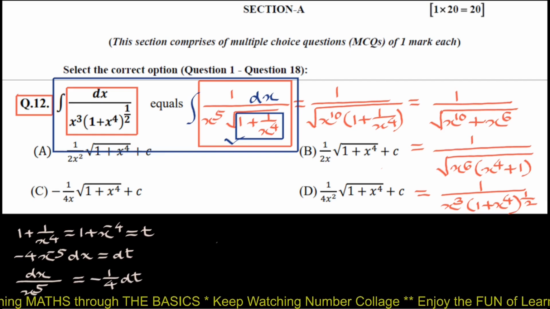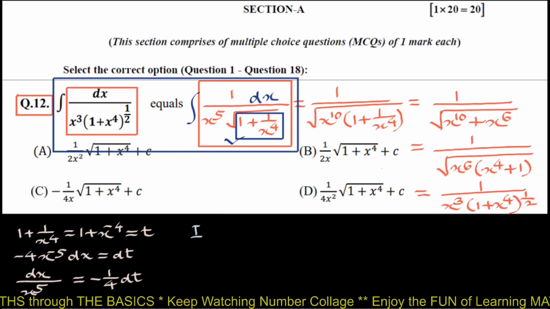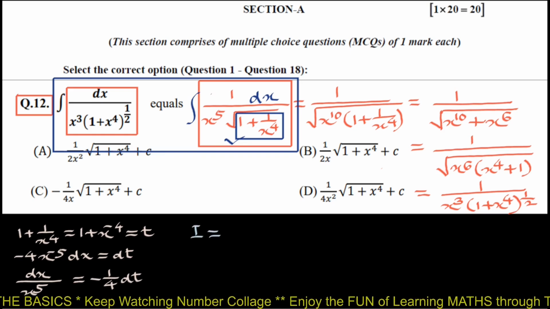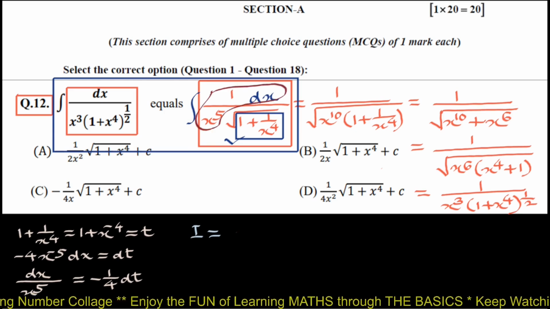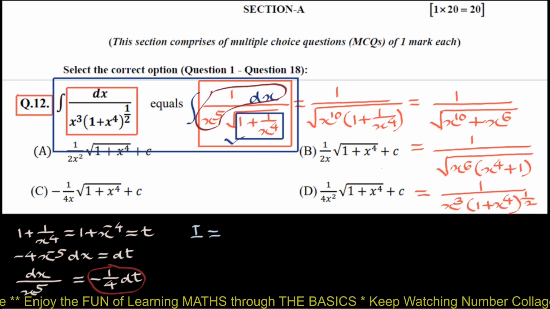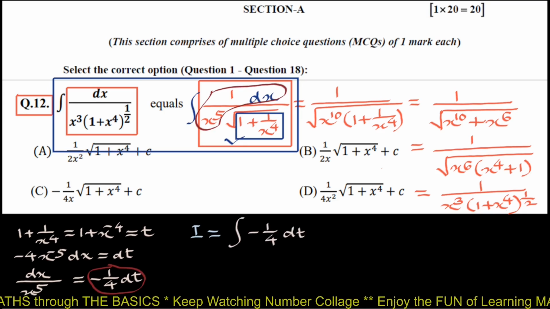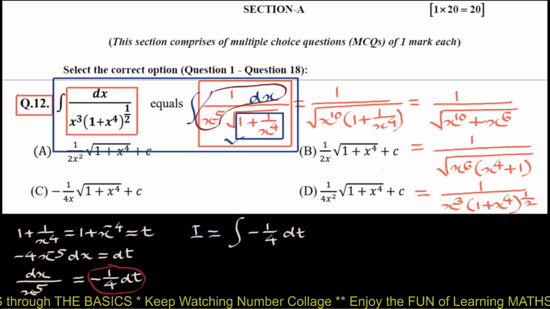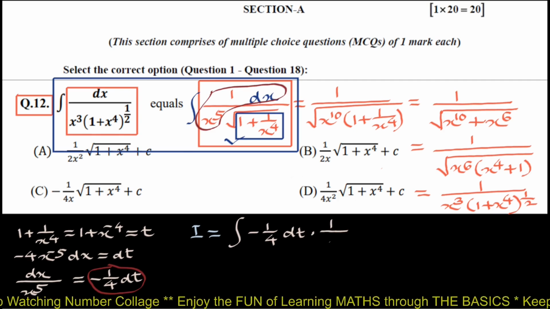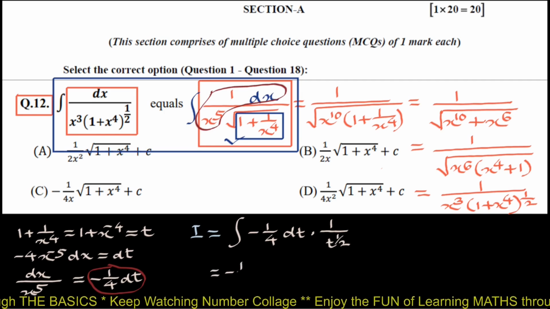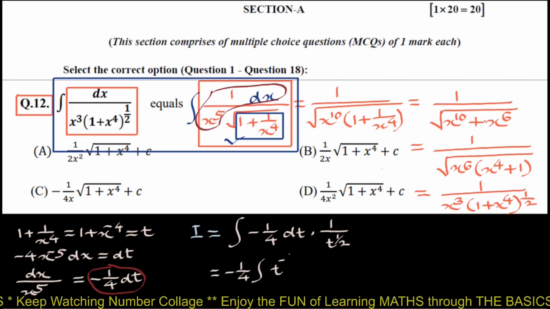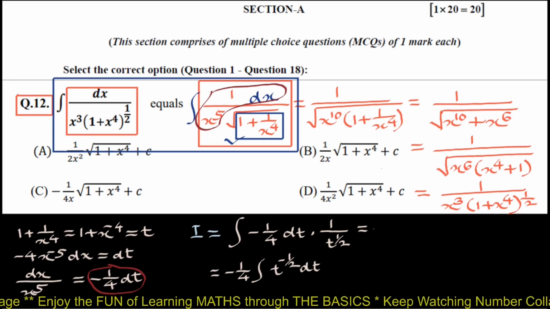So our required integral I becomes, after putting for dx upon x raised to 5, minus 1 upon 4 dt, and putting 1 plus 1 upon x raised to 4 as t, it will be 1 upon t raised to half, which equals minus 1 upon 4 integral t raised to minus half dt,